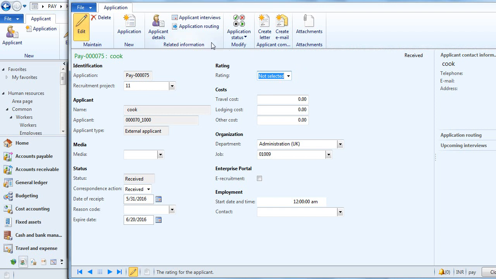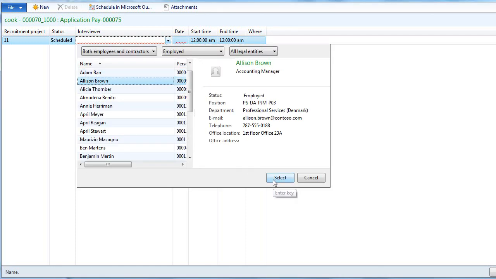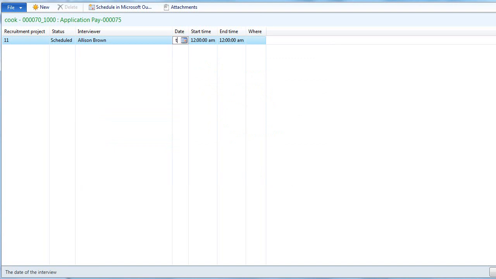We can maintain interview details in the related information tab on the action pane, in applicant interviews. Here we can select an interviewer. We can enter the date of an interview, start time and end time, and the location of an interview.